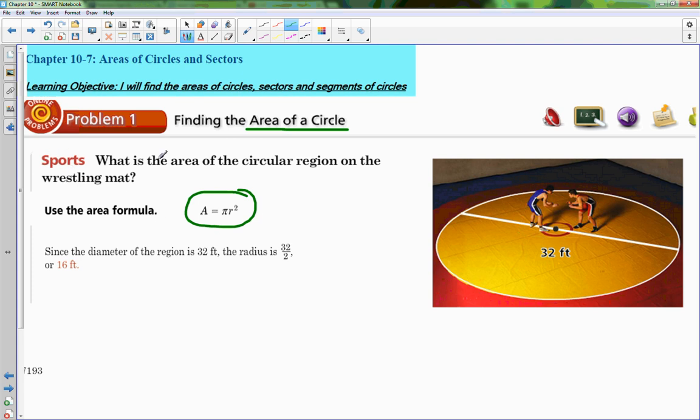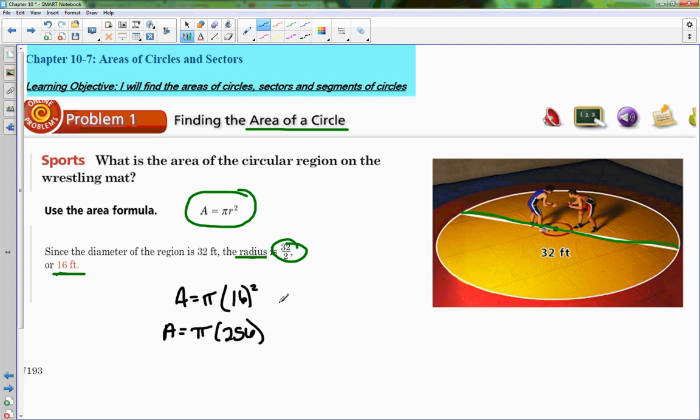So in this scenario, we are trying to find the area of this wrestling mat, and we are given that the diameter is 32 feet, and we want the radius. So if we take 32 and cut it in half, we get 16 feet. Okay, so all we're doing is taking our area formula, putting in 16 for the radius, and squaring it. So that is pi times